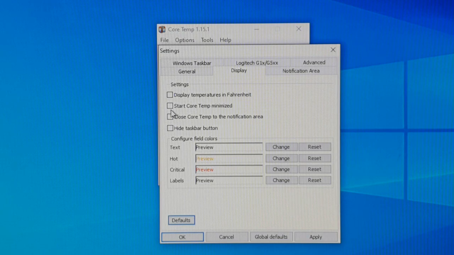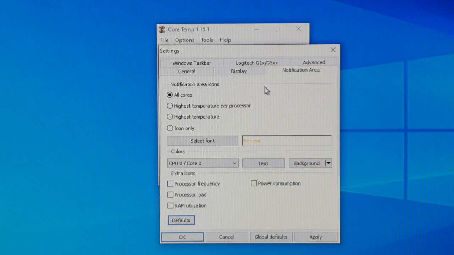Start CoreTemp, minimize it, yes. And close CoreTemp to the notification area. So if you close it, it will not be really closed, it will just still run in the background. Okay, so then notification area. Here, just press